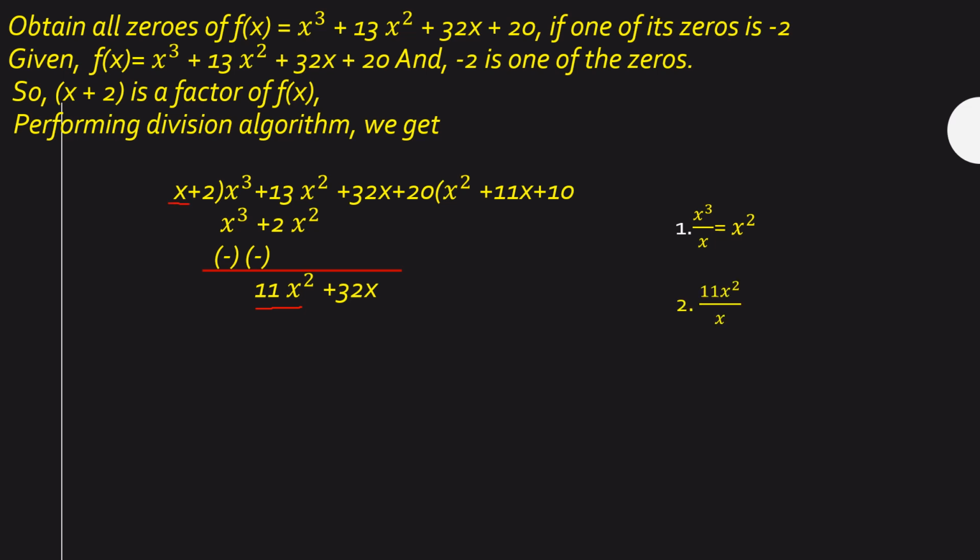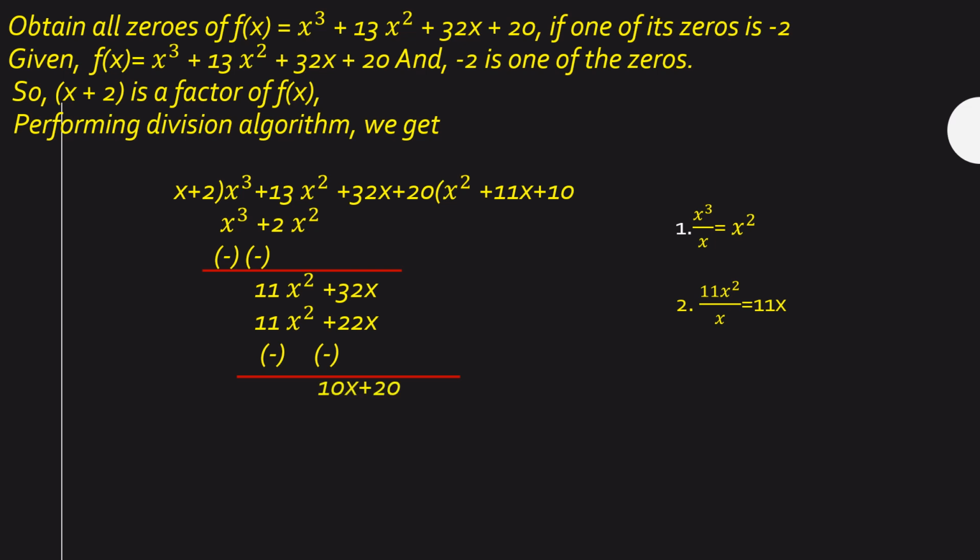Then the second step follows: the first term in the dividend and the first term of the divisor. So 11x square by x gives us 11x. This will be the second term of the quotient. With this second term I have to multiply each term in the divisor. 11x into x plus 11x into 2. There I will get 11x square plus 11 into 2, 22x. Then by simplifying again the subtraction, I will get 11x square minus 11x square and 32x minus 22x. Hence the result will become 32x minus 22x becomes 10x, and I can take down 20, 10x plus 20.